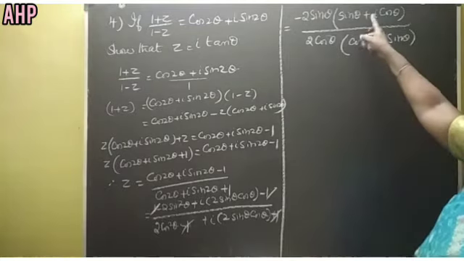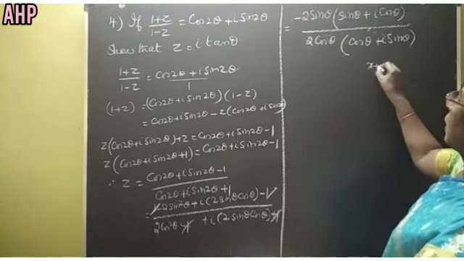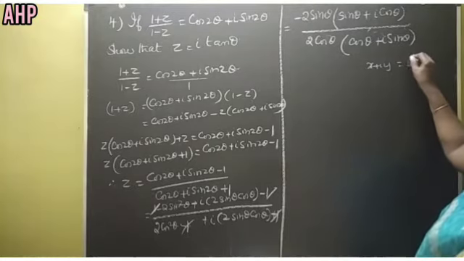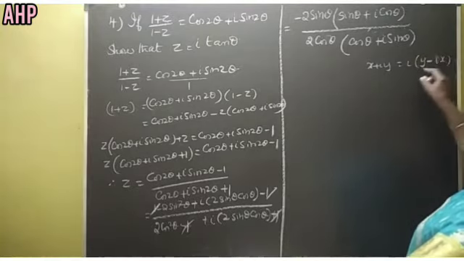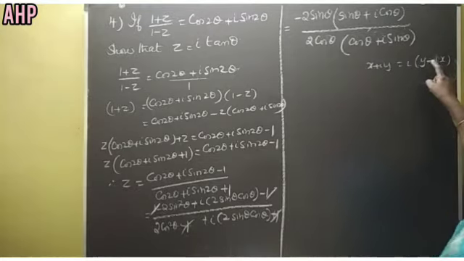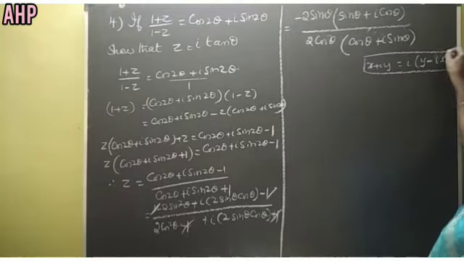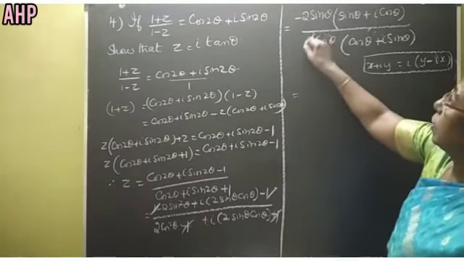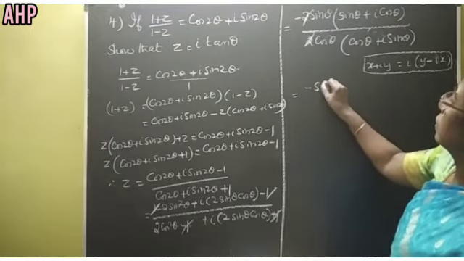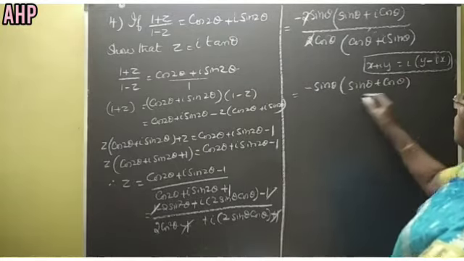So in the next line, if you wanted to take cos theta outside, we can write this is x plus iy is equal to I into y minus ix. See, if you multiply, I square will become minus 1, so you get x here, iy. So x plus iy can be written as I into y minus ix. So we can use that formula here. So this will become plus 2 minus 2 gets cancelled, minus sin theta into sin theta plus cos theta divided by